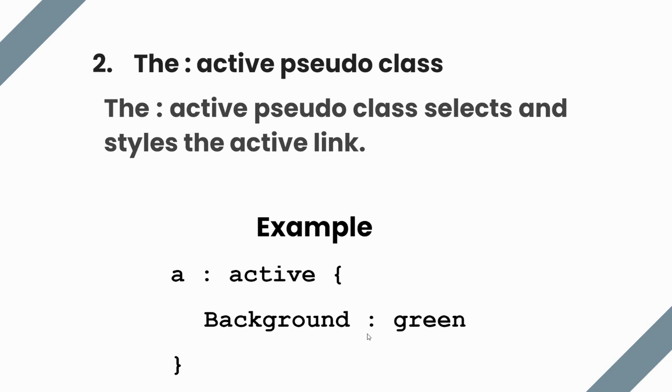Next, we have the active pseudo class. This active pseudo class would select and style the active link. So this would probably work when you have multiple links and you decide to click on one of them. The moment you click on that link it becomes active and automatically the background becomes green. So this wouldn't affect